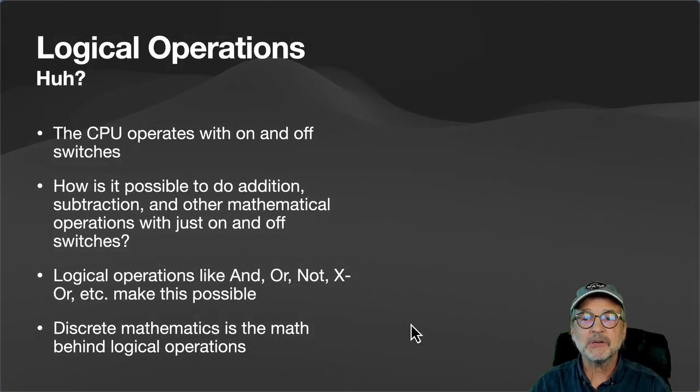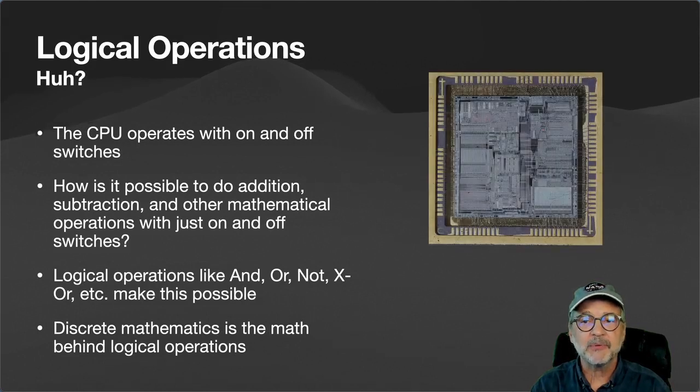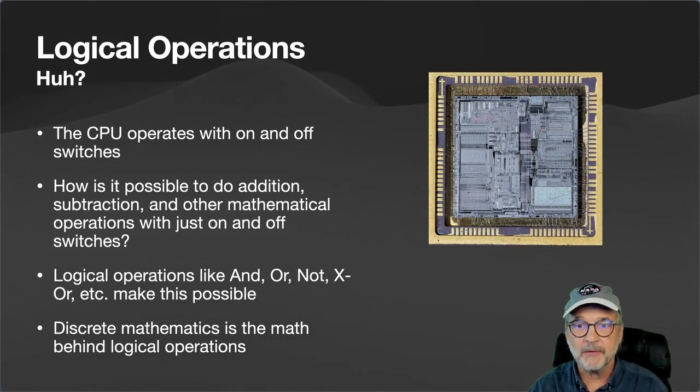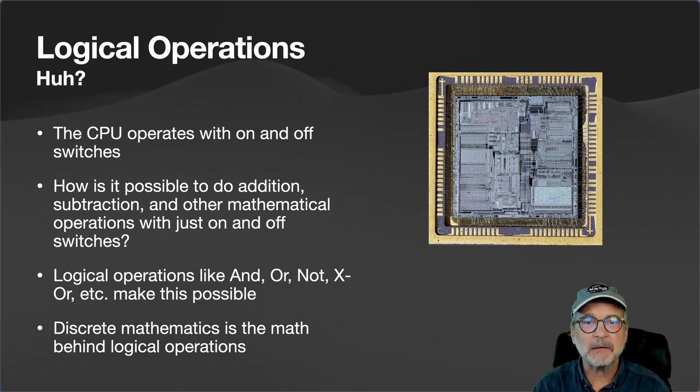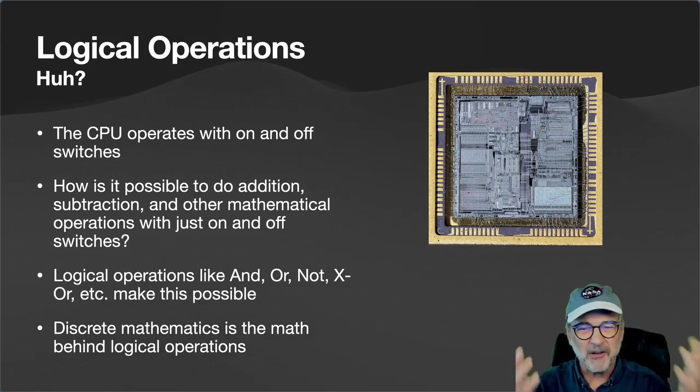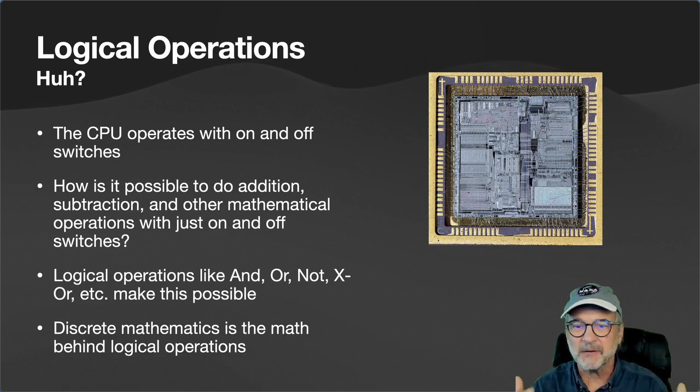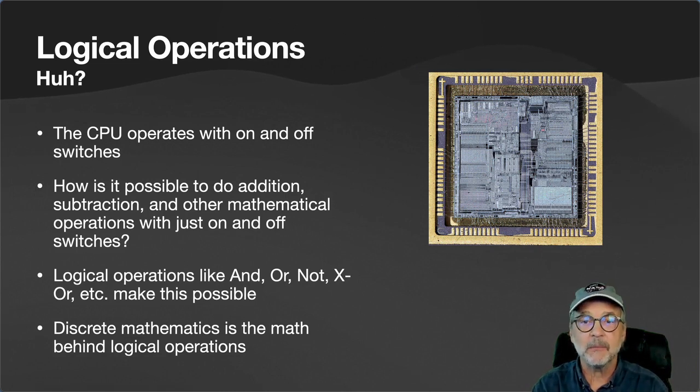So a logical operator, what, huh? The CPU operates with on and off switches, as we all know. How is it possible to do addition, subtraction, and other mathematical operations with just on and off switches? It's weird. And logical operators like AND, OR, NOT, XOR, and many others make this all possible. And how was this figured out? Well, there's this